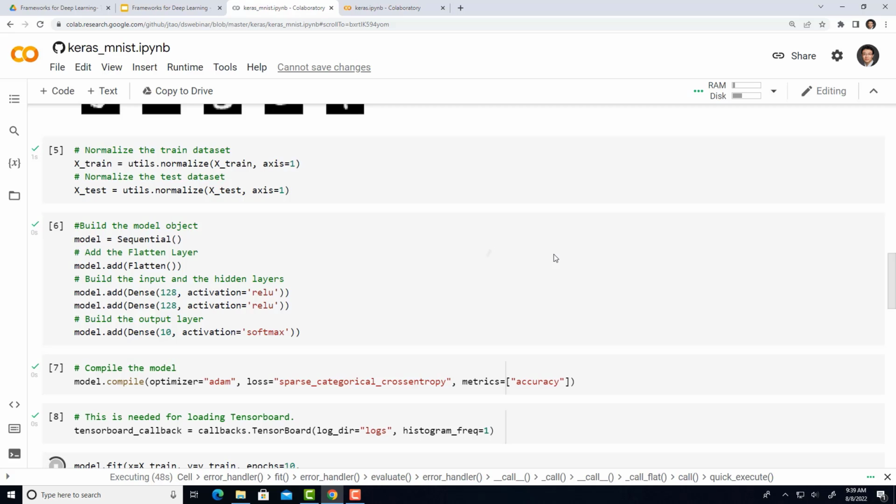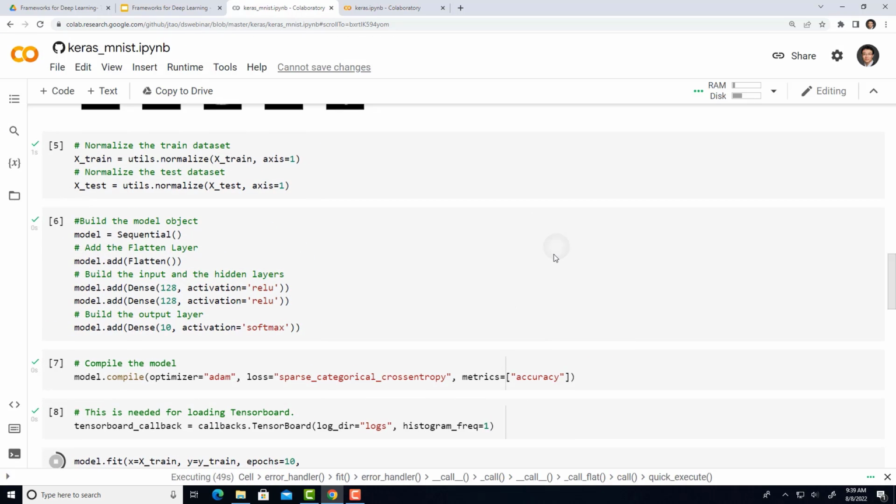And then we compile the model with the Adam optimizer that we talked about previously. And then we have sparse categorical cross entropy, which is the loss function usually used for classifiers. And the metric we want to use for outputting and evaluation is accuracy.